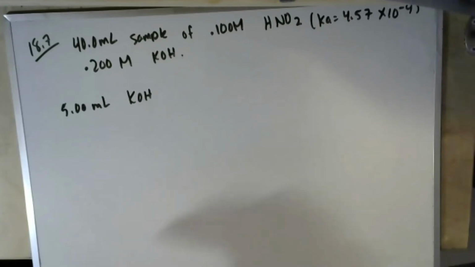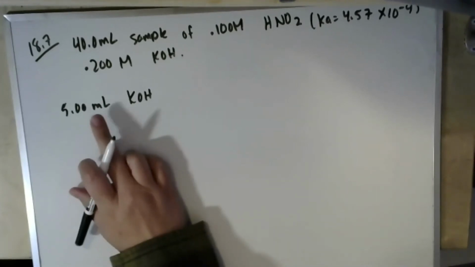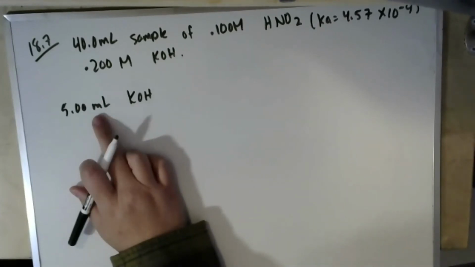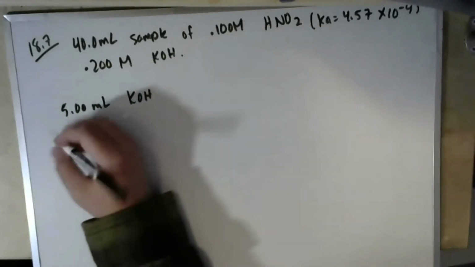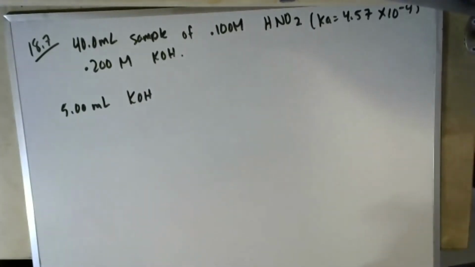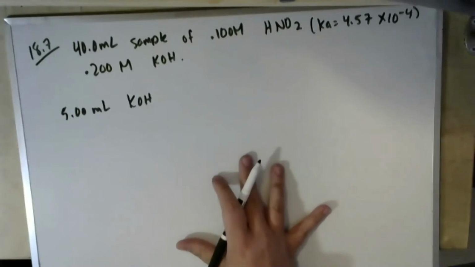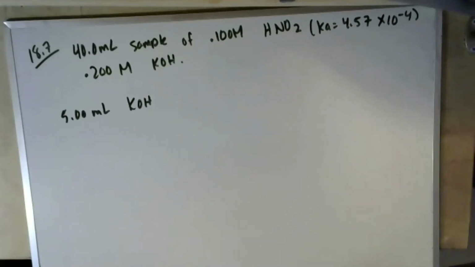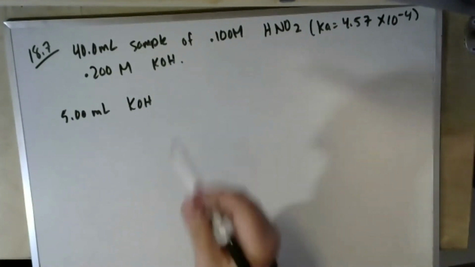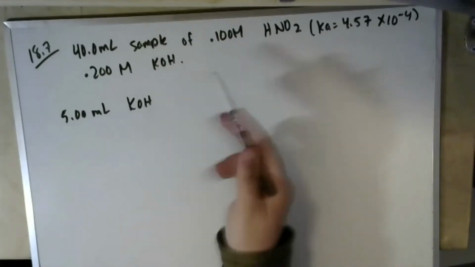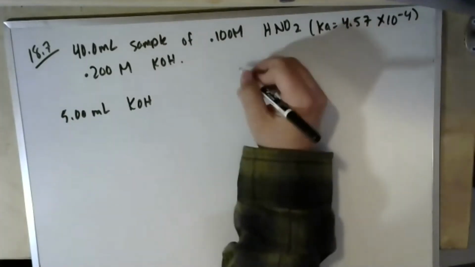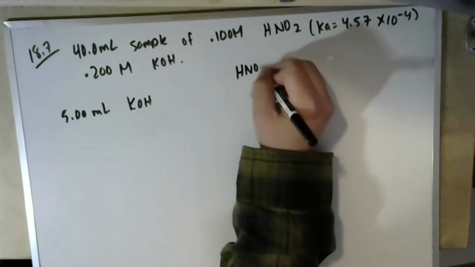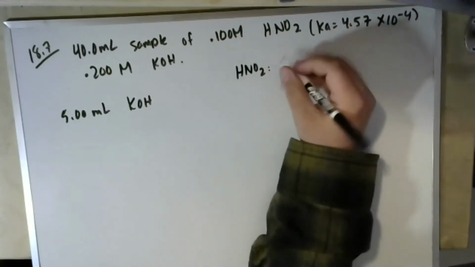But to do this, we need to keep track of the additions that we're making, and we're going to do that in a BOT table, right? We need mole values for our BOT table, so let's just calculate the mole value for both of them. So for our HNO2, molarity times volume,